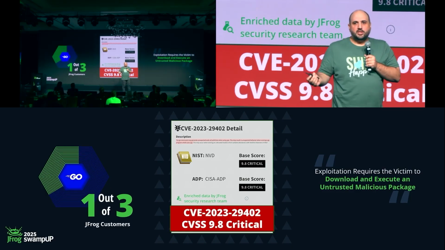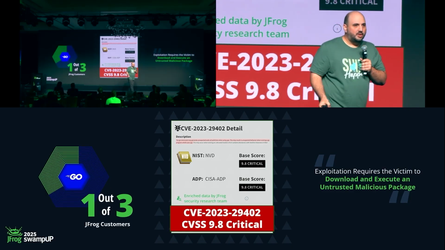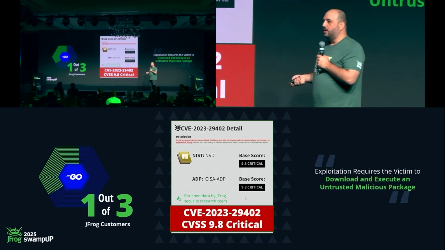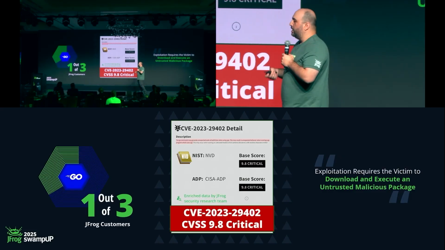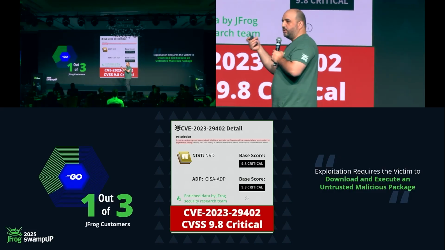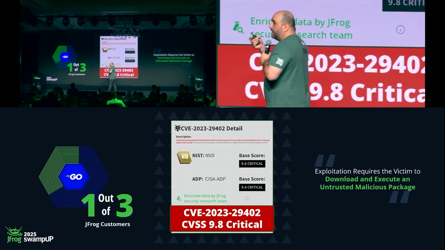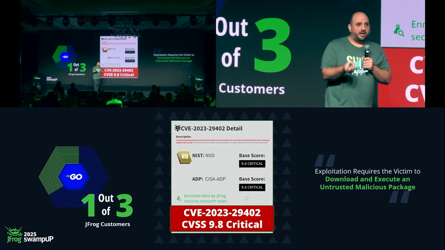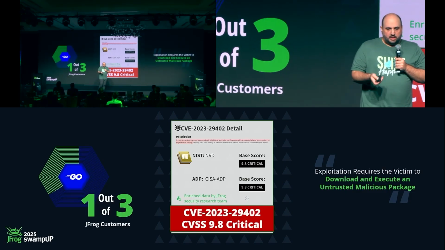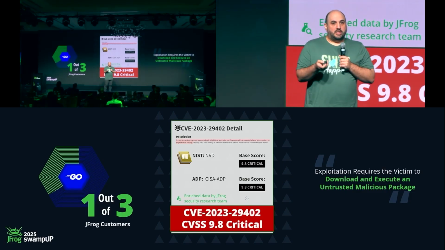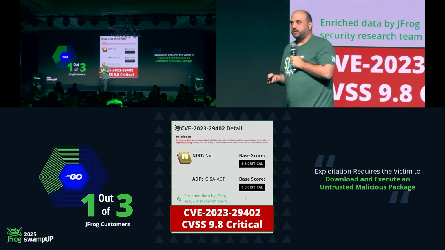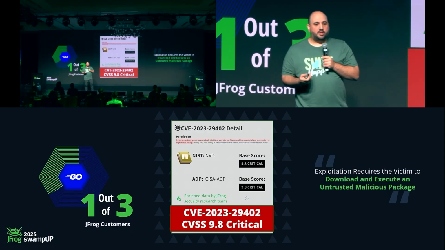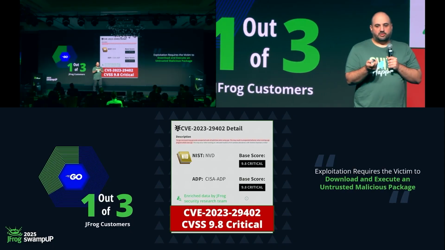So why would they even exploit it? You're already running malicious code. So this isn't really a vulnerability. It will never happen. So we've downgraded it. And now we all had to go and try to convince our customers that this is really a low severity vulnerability, and there is really no way for someone to exploit it. And it's in Go. It's a very popular package. We have it in many of our images. So this is just one example where if we as an industry can agree on what really is critical, and we can have that information coming from a trusted source, which we think we are with the JFrog research team, we can understand what is really critical.